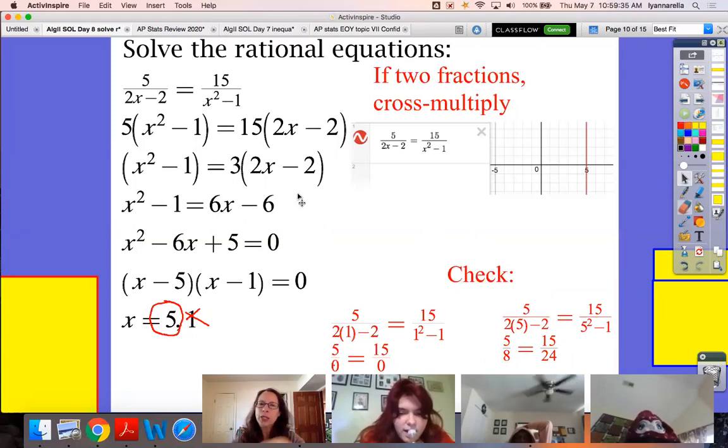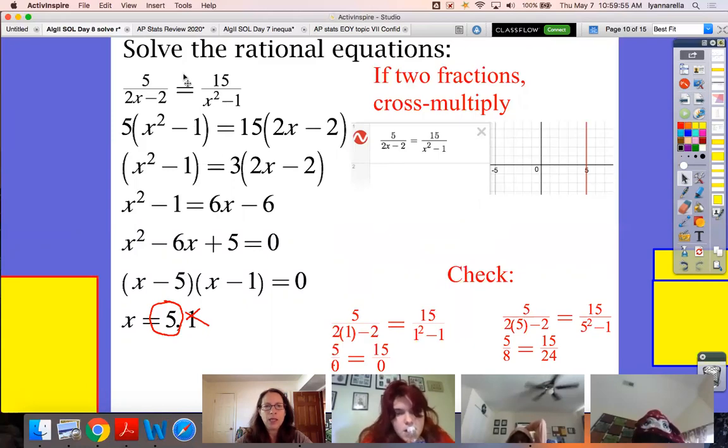Okay, and if the question on a test were to tell me what the extraneous answer is, you couldn't go to Desmos, because it only tells you the correct answer. Notice that 1 is not highlighted in Desmos. So you'd actually have to go and find the extraneous answer. You guys follow that? I doubt they would ever say, tell me only the extraneous solution. They probably want the solution. But once again, you need to work it out.